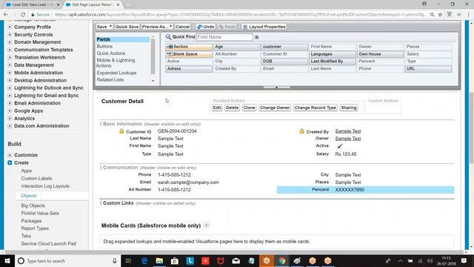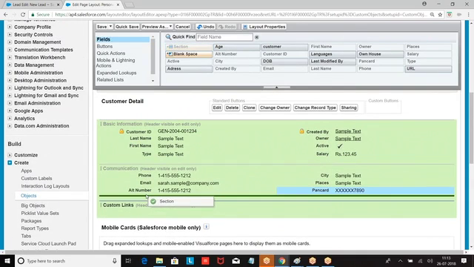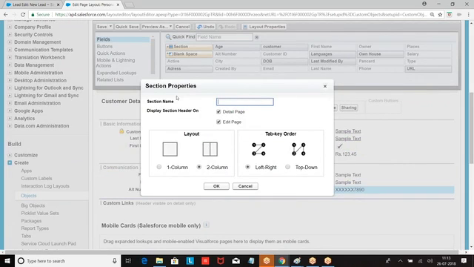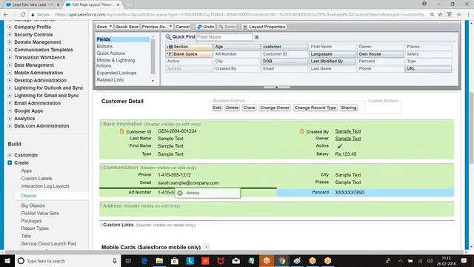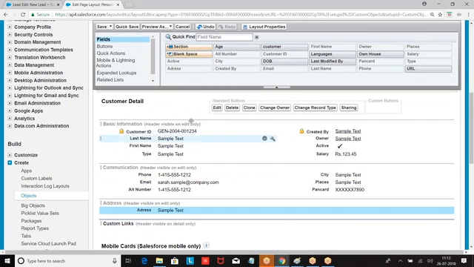Now it is not necessary that I have to display every field. One more section I am taking. Address. One column only I want to give. Then I created it. So what did I do? I created a section. I told which field should be displayed, which field should not be displayed.